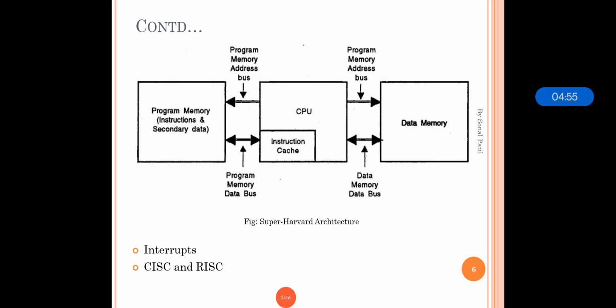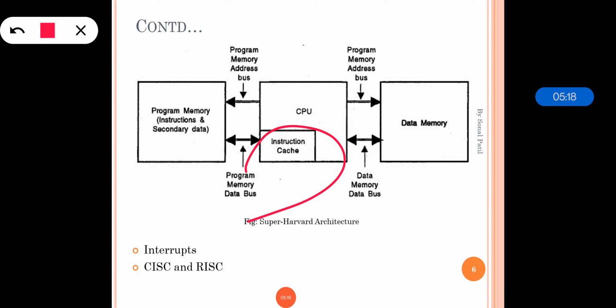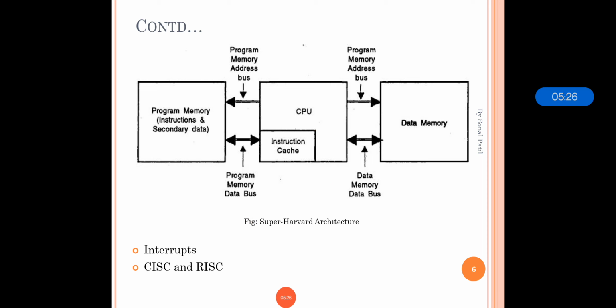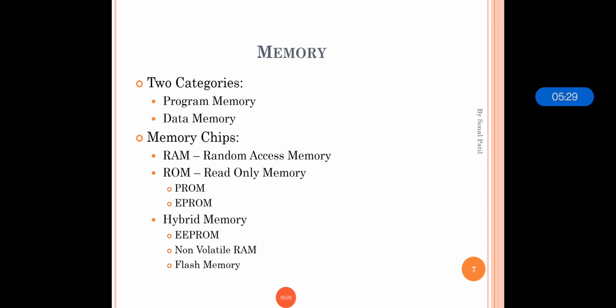The third one is the super Harvard architecture, which is derived from the Harvard architecture. It is also called SHARC. It is slightly different, or we can say it is a modified version. The data memory is accessed more frequently than the program memory. So in SHARC, provision has been made to store some secondary data in memory to balance the load of both memory blocks, and that's why the instruction cache is placed in the CPU. So these are the three basic processor architectures that are widely used, that is the von Neumann, Harvard and the super Harvard.